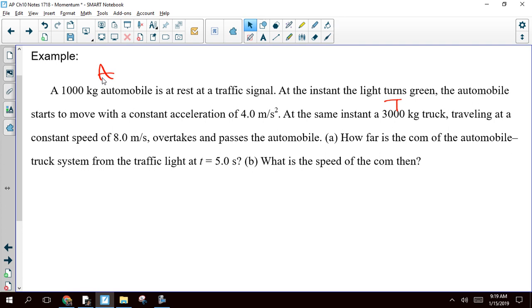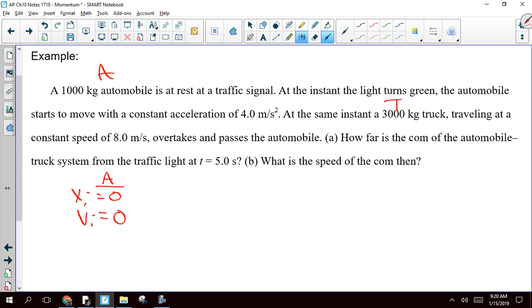Let's write down all the stuff we know for the automobile. Its initial position is 0. It is at rest initially. It is going to accelerate at 4 meters per second squared. Meanwhile, our truck,